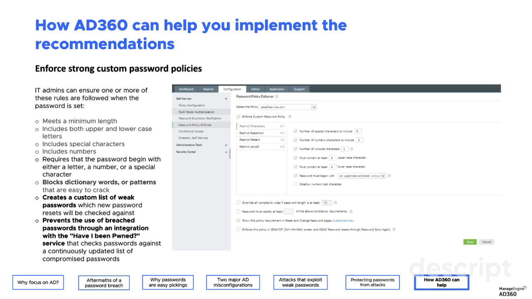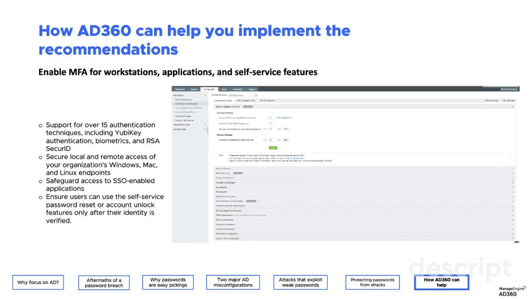So look for solutions that extend beyond just minimum password length. Casing, special characters, and numbers would also help. Have a provision to block dictionary words and patterns, stop weak passwords, show you a checklist of what needs to be done, and also verify if your password is up to date or it's the most favorable one. So these are certain things that you can ensure from a password complexity standpoint.